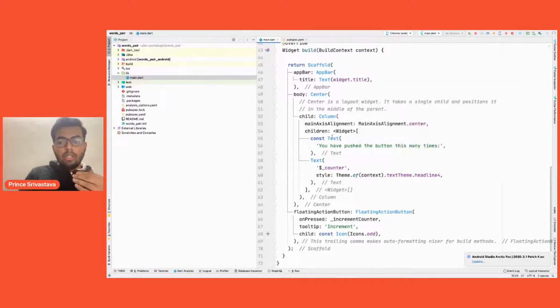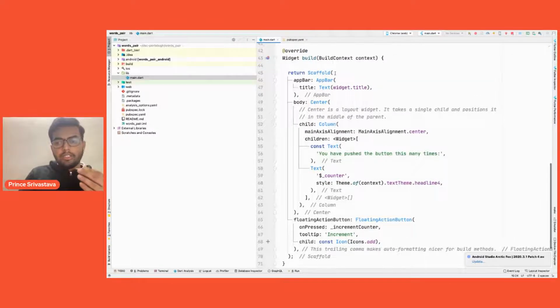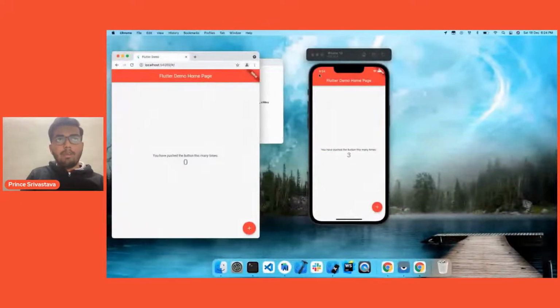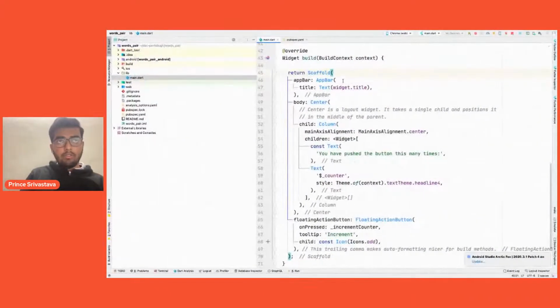If you go through the names of the widgets, some widgets can be a little bit confusing initially, but for most of the part you can make out what the widget actually does. So basically scaffold is something which is used to wrap our app, and we can use the navigator system using scaffold. So this can be something new to you guys, but if you are coming from a web background, or